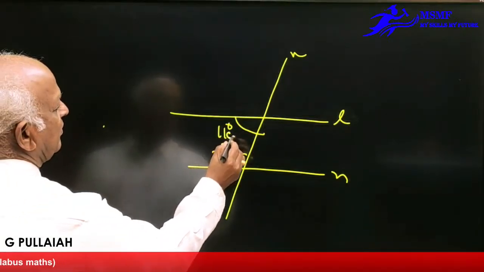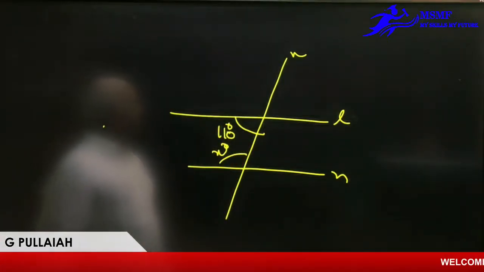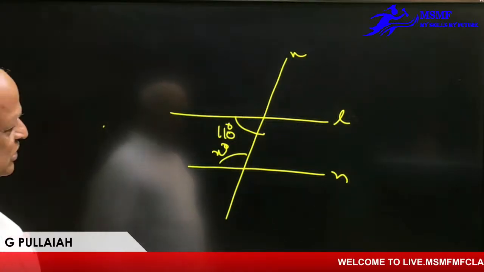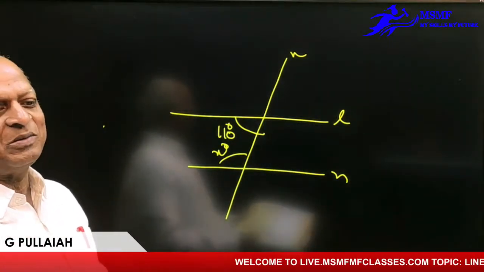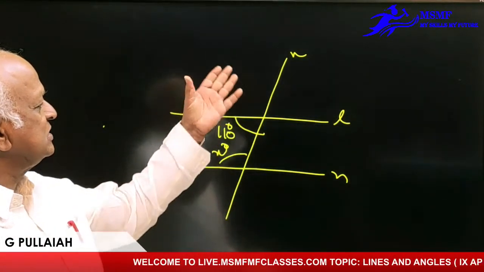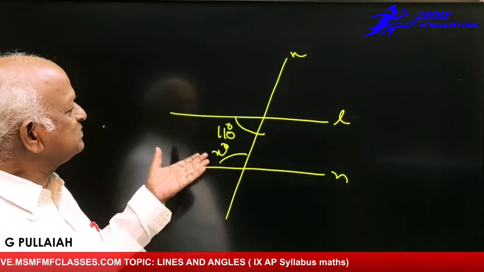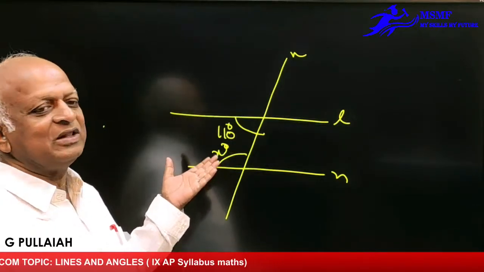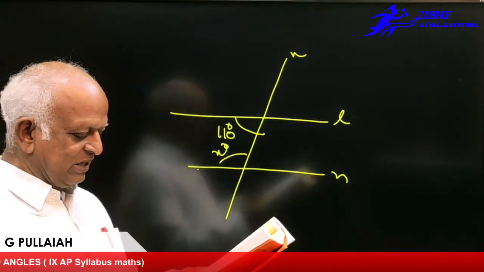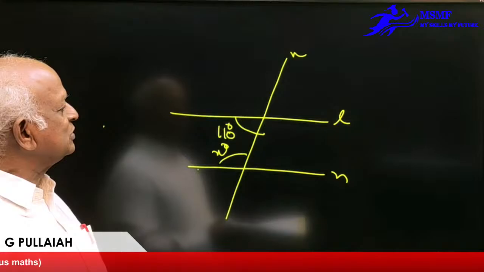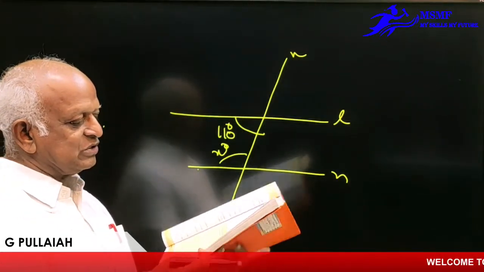Now here, what is x? It is based on the sum of the pointed angles. The sum of the pointed angles are supplementary here. So here x plus 110 is equal to 180, therefore x is equal to 70 degrees. Like that, you will be in a position to do many of the things, please. So now,